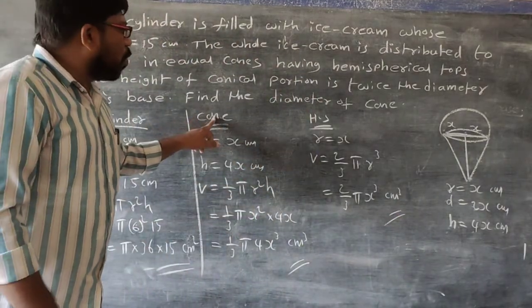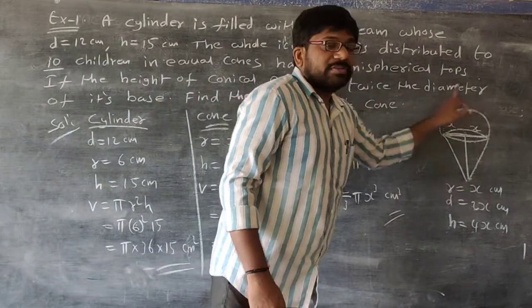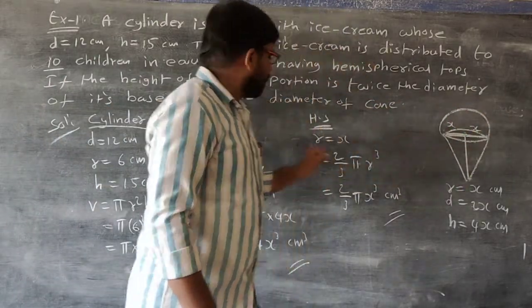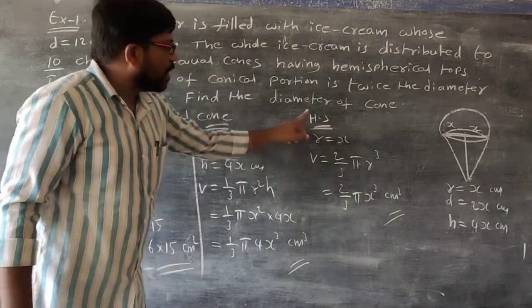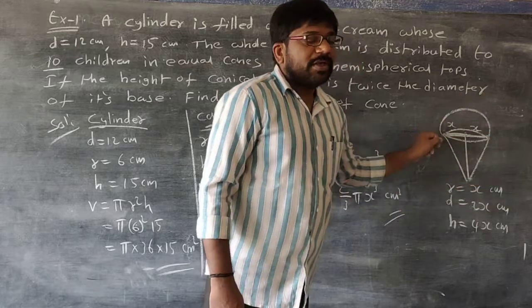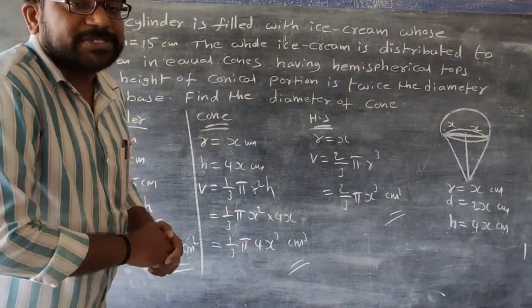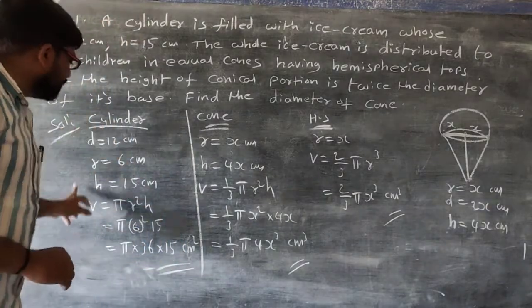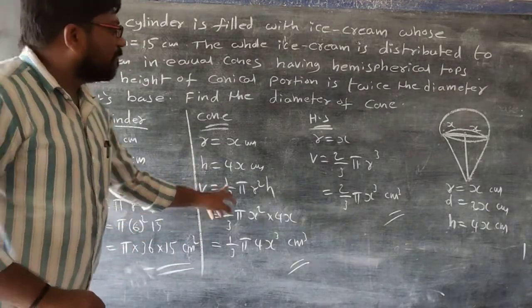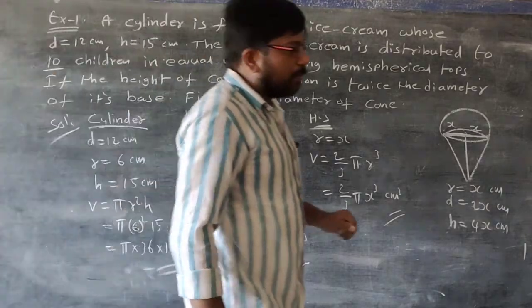So cone plus hemisphere gives the total ice cream. That is a cone ice cream. See? So volume of cone plus volume of hemisphere gives the volume of one cone ice cream. In total, how many cone ice creams are there? There are 10 ice creams. Okay? So volume of cylinder is equal to volume of 10 cone ice creams, right? So according to the problem,